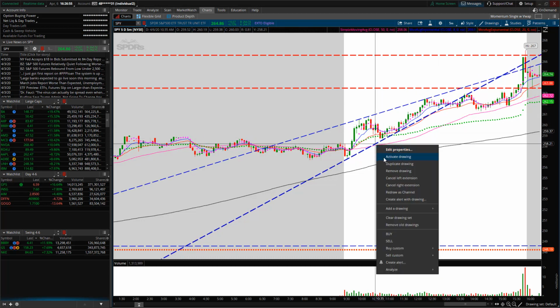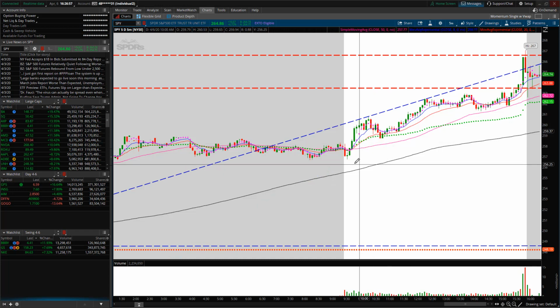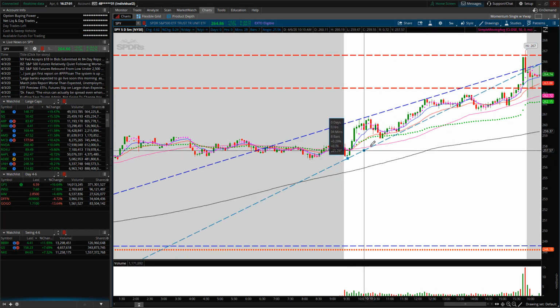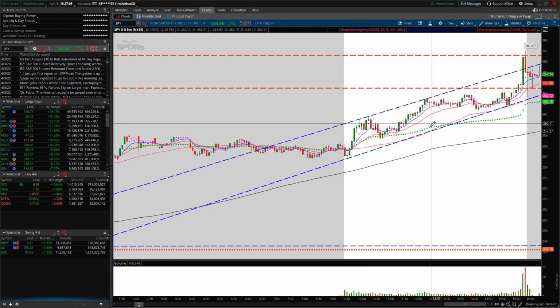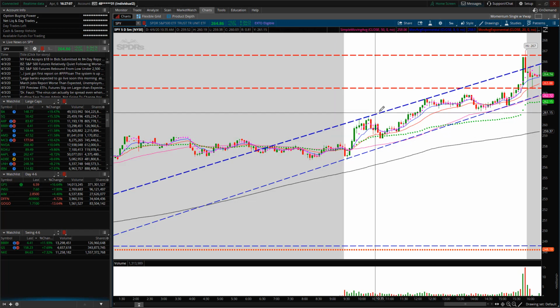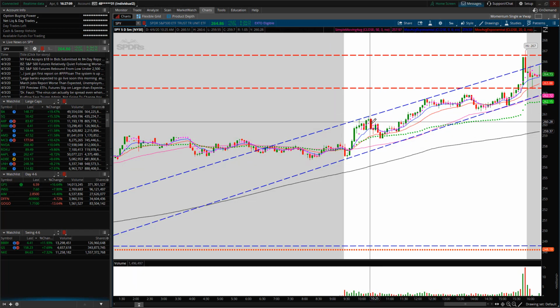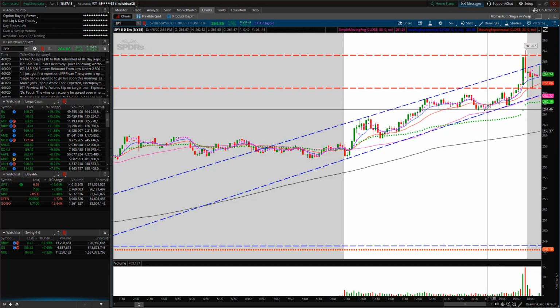Now this is where you can kind of redo it, remove that drawing, and now you can take your drawing tool again and go out over here, right? So now you can see it changes throughout the day, right? You see how you find these channels, right? Price goes up, kind of comes back down, up, comes back down here, right? There's some support right in here. It doesn't always touch perfectly, but you find these channels,